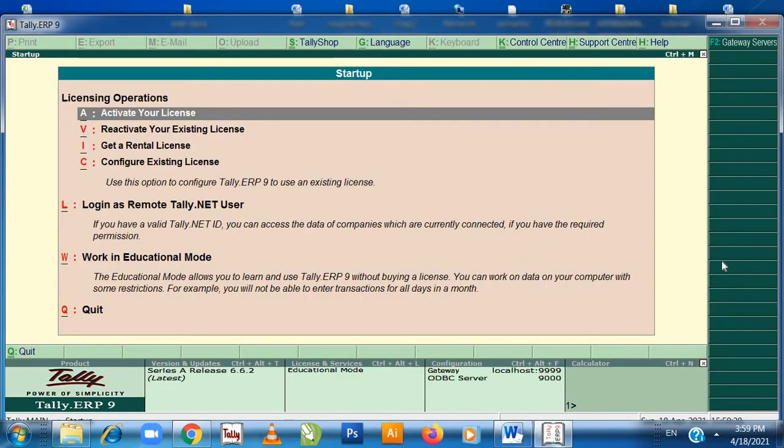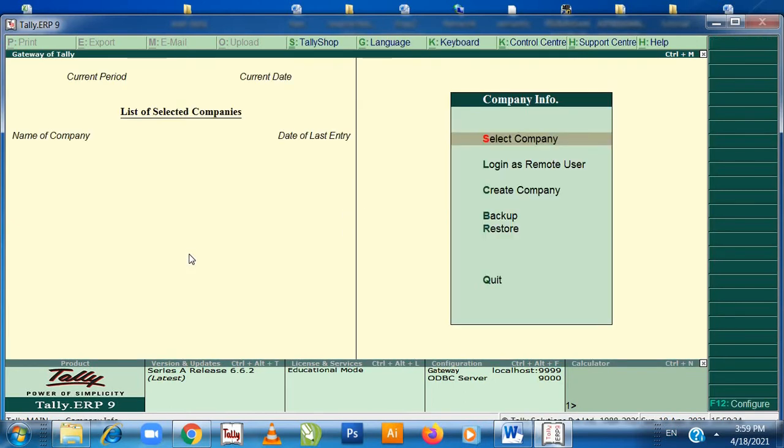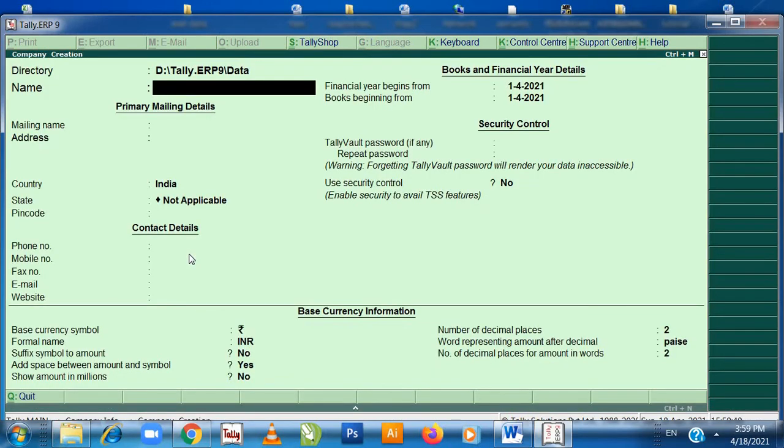with the given details, starting from financial year 1st April 2019. Our Tally software has been opened. So I have to open in the educational mode. Double click on this. Then I need to go to create company. And here I need to fill up the details while creating a company. The name of the company is Messrs Bitwise Trading Company,